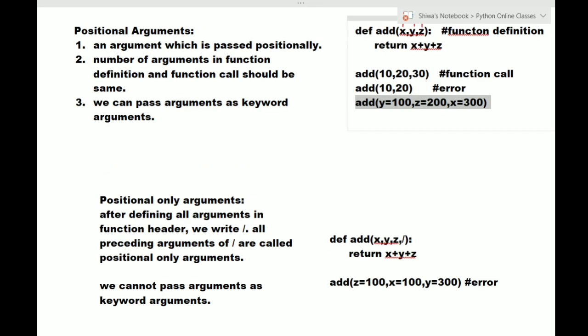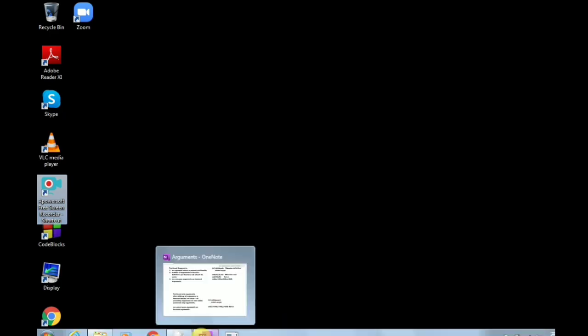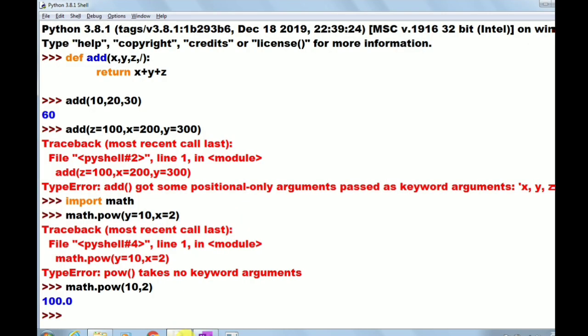Okay, now I am writing a program. Observe here, I am opening the Python screen. I want to write a program now. I am opening a new file. Observe, def. I am giving the function name as f1. I want to take 5 arguments now. So x, y, z. I want to take these arguments as positional only arguments. So after defining them, I am writing a slash. After the slash, I want to define two positional arguments. Those are a and b.